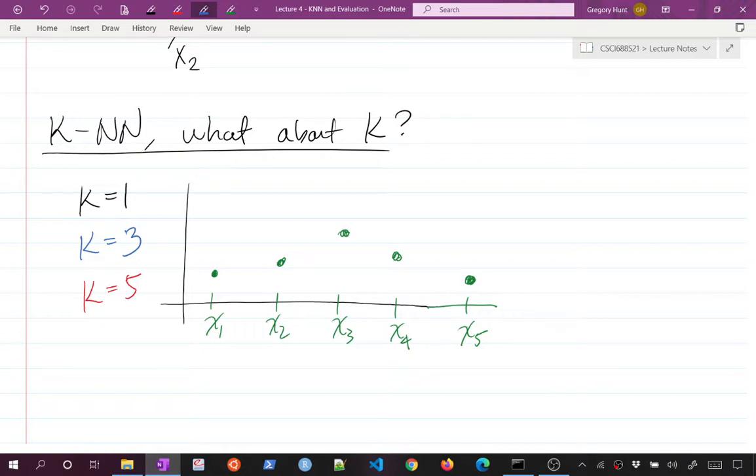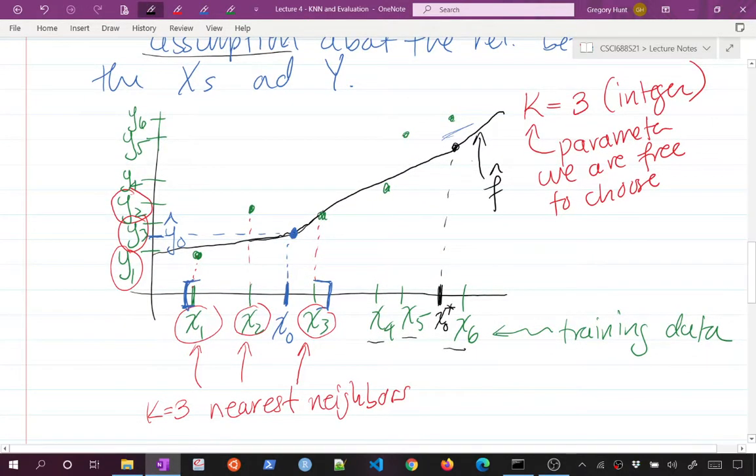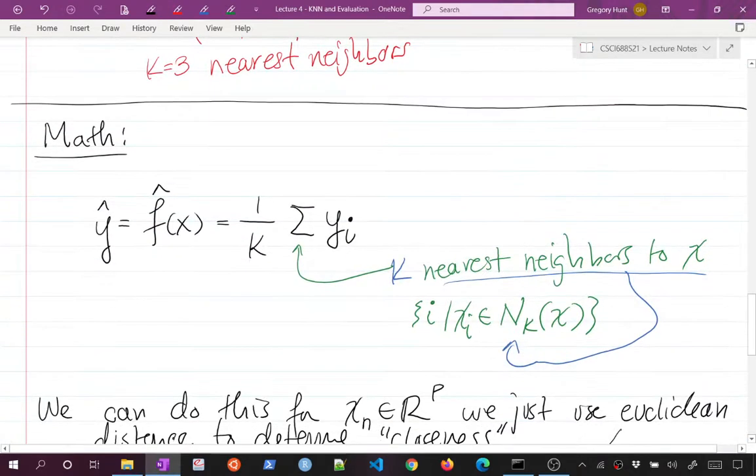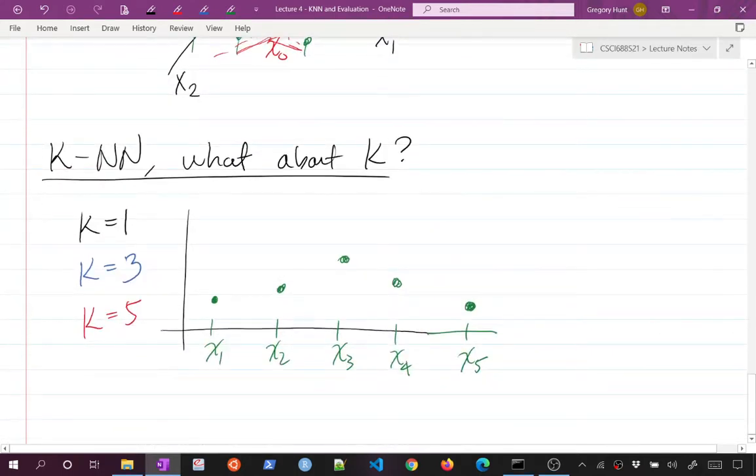So when k is equal to 1, what does that mean for my algorithm? Let's go back up to this picture of how this algorithm works. Ultimately, what I'm doing is choosing the k nearest neighbors. So k is equal to 1. I'm going to choose the 1 nearest neighbor, that is the singular nearest neighbor, period. And I'm going to average the y's of these k nearest neighbors. Of course, if I only have one thing I'm averaging, it's just whatever the value is. So if I run this with k equal to 1,